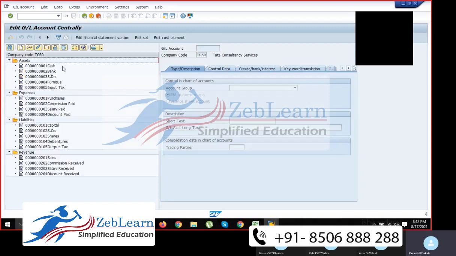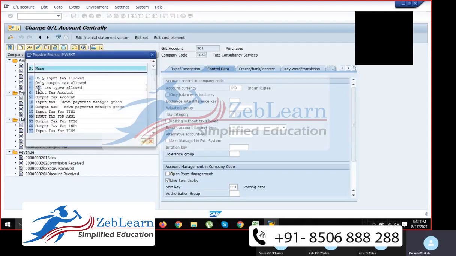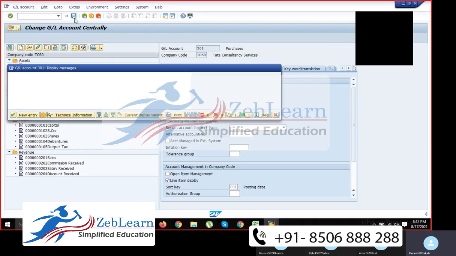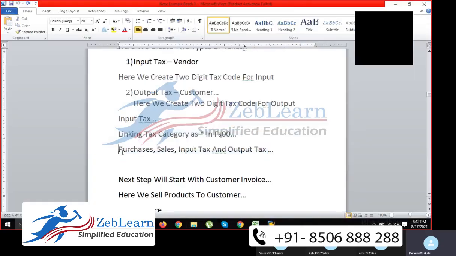Here, right click on purchases and click on change. Go to control data, where you can see tax category. Just allow them here. Allow means if you put a star here, all types of taxes are allowed. Just put a star over here, so all taxes will be allowed for that category. Save. Purchases is done. After purchases, next we have sales.